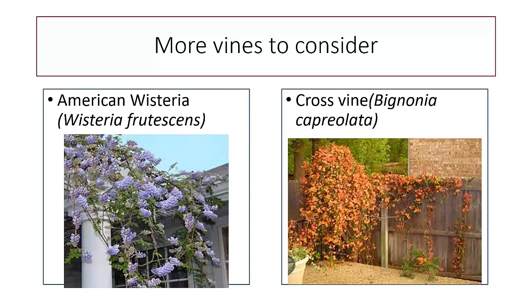If you have the opportunity to visit our teaching garden in Bristow, the area up by the Labyrinth Gardens has native wisteria on the arbor up there. It also has this vine, the cross vine, Bignonia capreolata, which has a beautiful orange-yellow flower on it. And these are two vines that are native to our area.